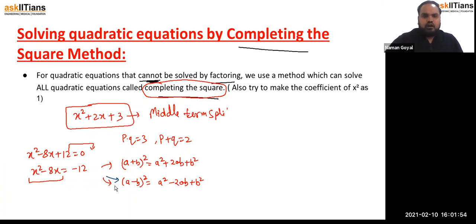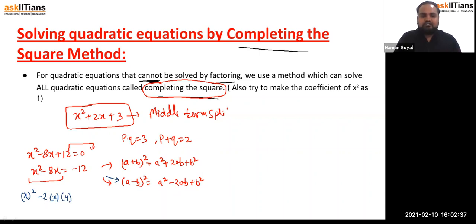Let's start doing this question. We want to make this LHS part in the form of (a minus b) whole square, which is a square minus 2ab plus b square. This x square can be written as x whole square. Now we need a minus 2 there, so we can put minus 2 from our side. So it becomes minus 2x. Now here is minus 8x, so we have to multiply it by 4 from our side to make it balance.